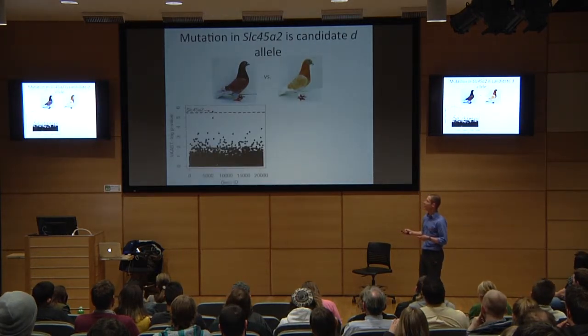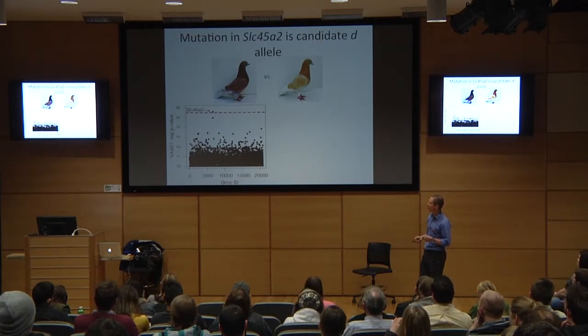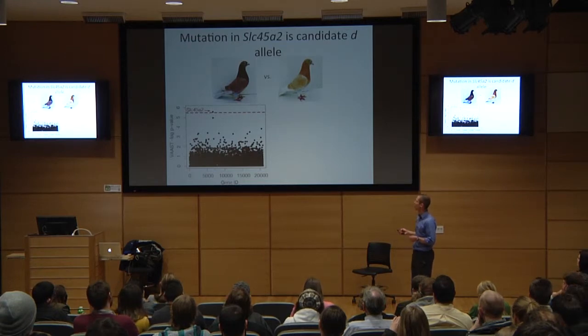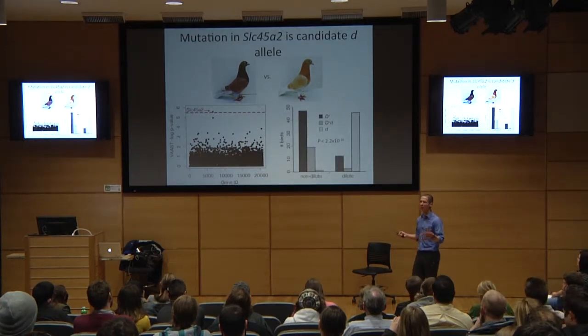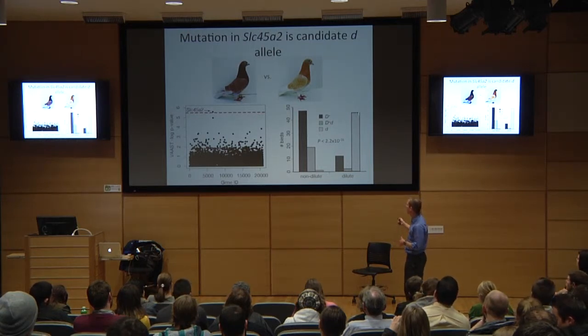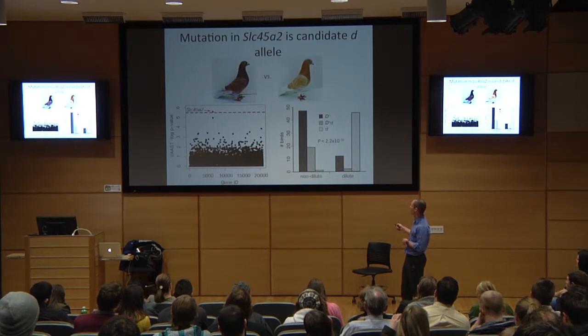And so we did very similar studies to what we did with TRP1, and we found one gene, SLC45A2, that showed a strong association with the dilute phenotype. And so just like with TRP1, we genotyped a lot more birds, and we found a very good association, whereas every time a bird was homozygous for the dilute mutation, or almost every time, there was one outlier, it showed the dilute phenotype. Whereas most of the times a bird was homozygous for the wild type allele, or heterozygous, it